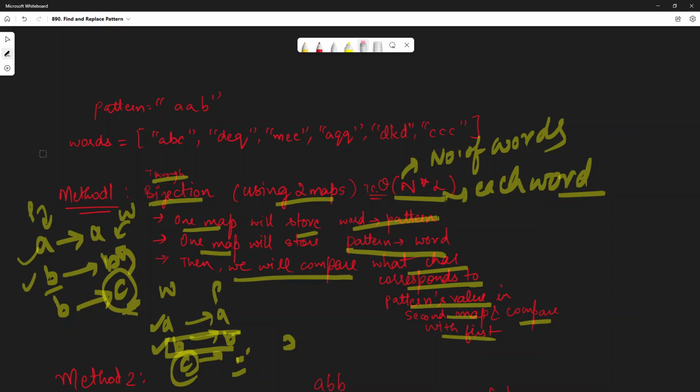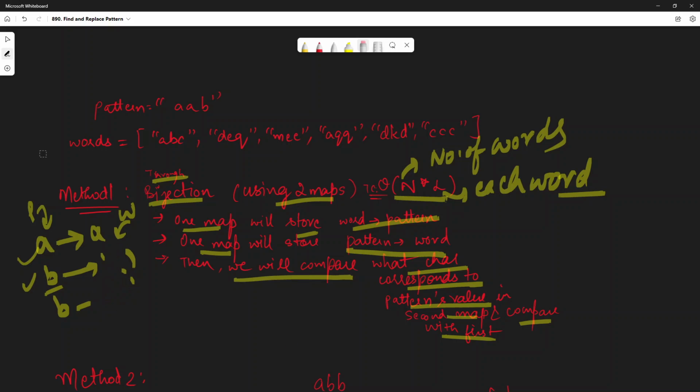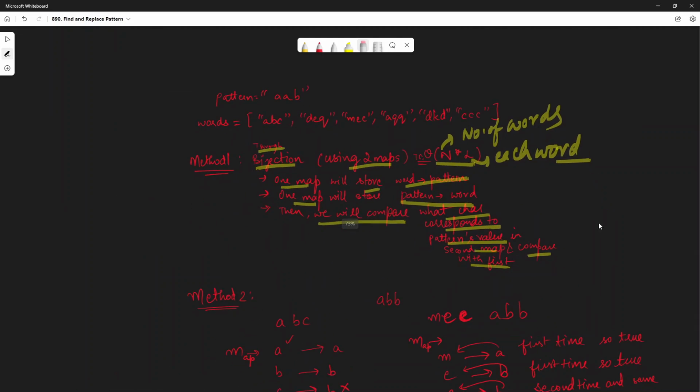So this was for this first approach, but rather than using two maps, we could reduce this. Although this method's time complexity is also the same, and the other method which I am now going to use also uses the same time complexity, but the only thing would be that rather than using two maps, now we would be using just one map, and just for the simplicity, we would be using